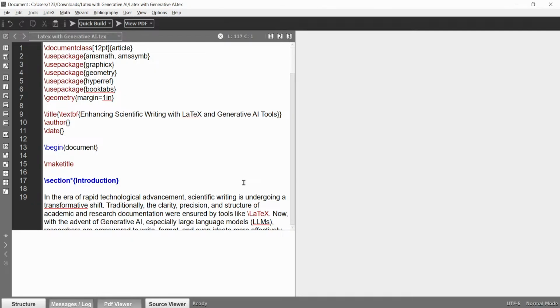Only then will the generated PDF be visible at this place. When I save this document in my current folder, I build from this place. Click this arrow sign, and here you can see View PDF.